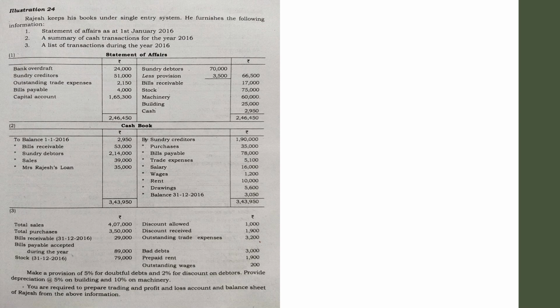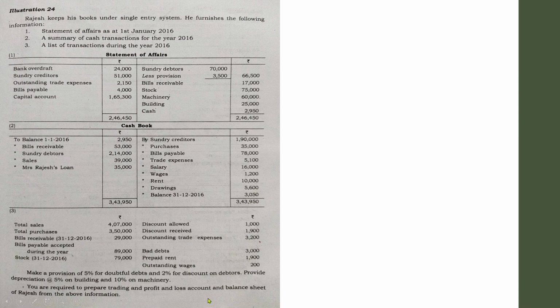usually the balance we obtain from the bills receivable account is a missing figure. That missing figure is known as the balance. That amount has to be adjusted in the corresponding debtors account. So you have to do the bills receivable account before preparing the debtors account, and similarly the bills payable account has to be prepared prior to the preparation of the creditors account. It will be much better.